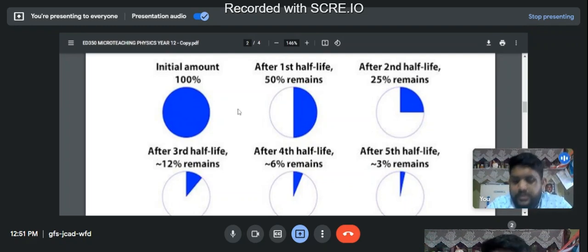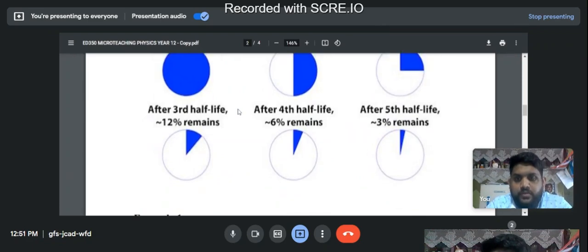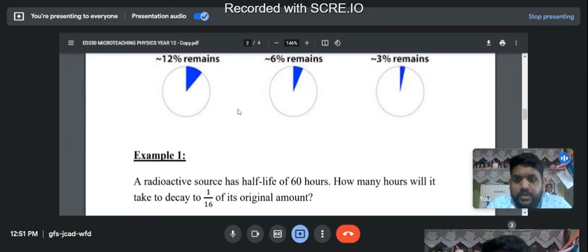Please be mindful and note it down somewhere using a pencil. Maybe you can note it down in your notes. If you download these notes, please make a note there.